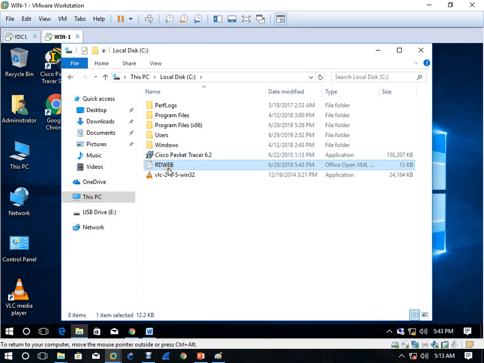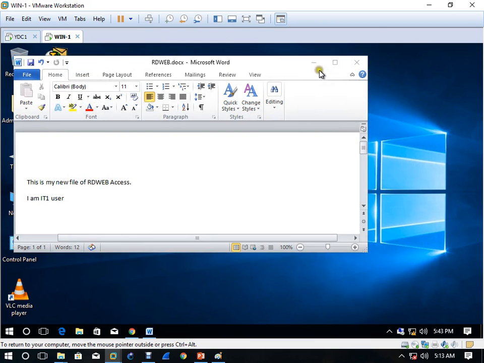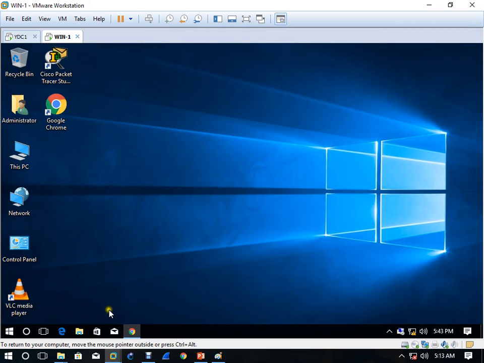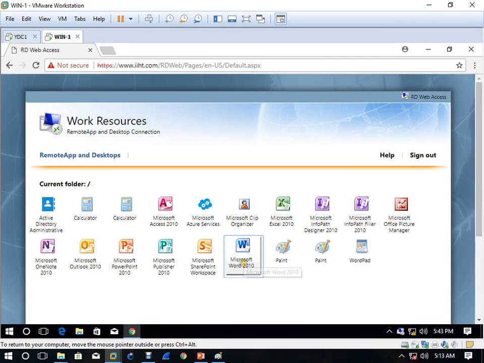But are you able to open this? No, because MS Office is not installed on your machine, right? But maybe I closed it; its file is saved. Now again, I want to open my existing file which is here in my system.